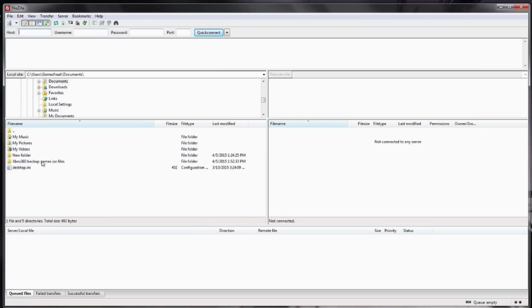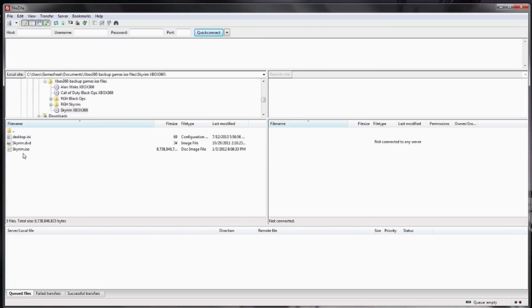Basically what we have here on the left is where we have our computer program files, folders and stuff. As you can see, I have my RGH Skyrim and my Black Ops and on my other ISO games, as you can see here. But now I want to connect my Xbox to this FTP program, so that I can copy this Skyrim folder